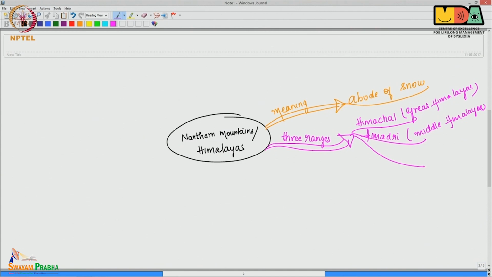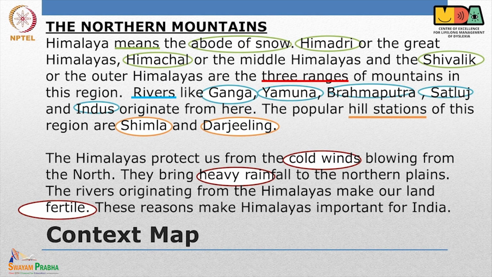So, as and when possible, we can substitute a word with pictures, because using pictures makes the context map more interesting, and pictures are anyhow very, very easy to recall. So, instead of using the word Shiva, I am just going to draw the third eye of the Shiva, and then I will say lik, Shivalik, which means the outer Himalayas. In this way, we will proceed to do the whole context map. So, this is what a finished context map would look like,